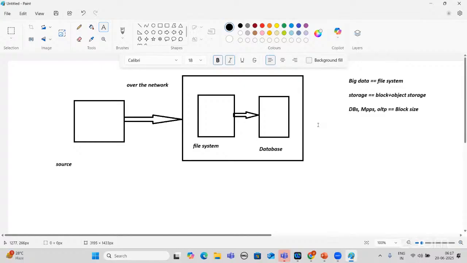What is the purpose of big data? The purpose of big data is writing once and reading multiple times